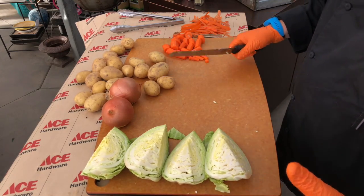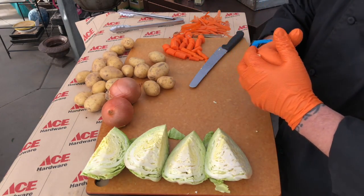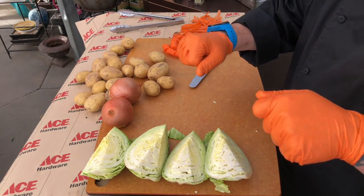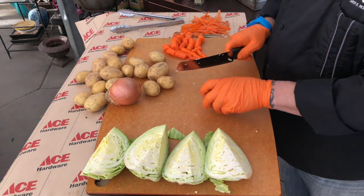Now I've got a nice quarter cabbage, and it's great because what we're gonna do with that Dutch oven is, once the corned beef is done, we're gonna put all the vegetables on top. About during the last hour of the cooking process, we'll put all the veggies back on top, put the cover on there, let this thing go. The carrots will steam up, the cabbage will steam up,